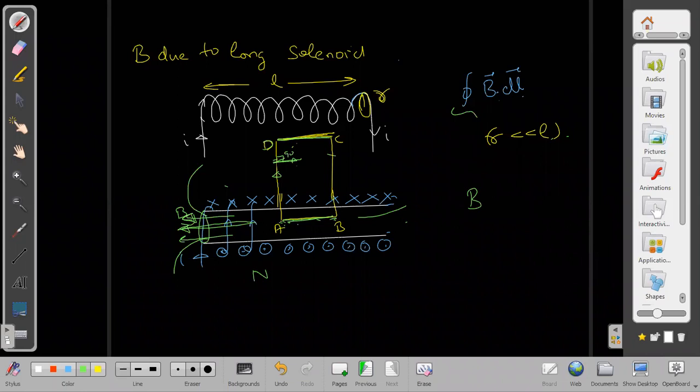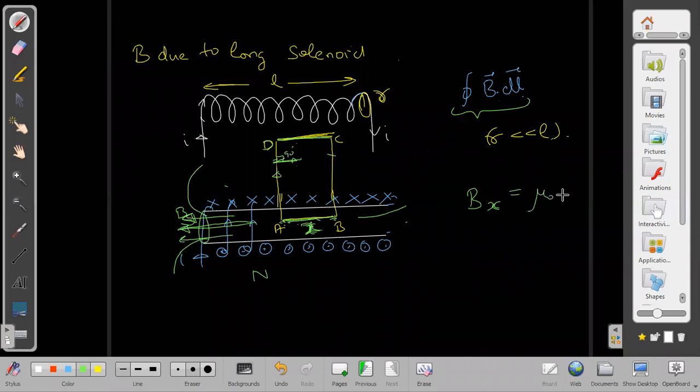So the analysis is deep, but once it is thoroughly analyzed, it is so simple for you. If you have to solve it in the examination, you don't have to go through all this pain. You just write that this length is L. Which length? A to B length only, not the total. Sorry, I have assumed the total as L, so let us take it as x. This length A to B is x, then I will simply write B into x as the line integral, because in other parts the line integral is otherwise also 0, and that is equal to what?